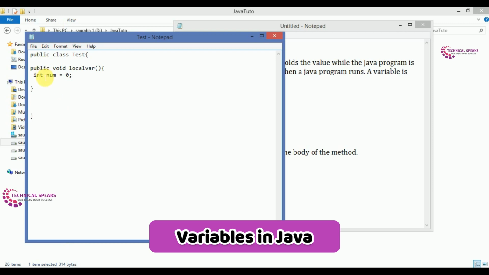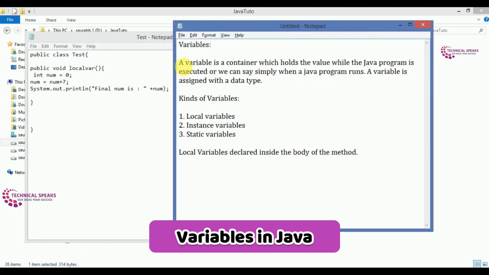I use here data type int. Int is the data type and num is the variable. And then just type num is equals to, let's suppose, num plus 7, and I just want to print this here, system.out.println. Under the bracket we just write the text final num is colon and just plus num.